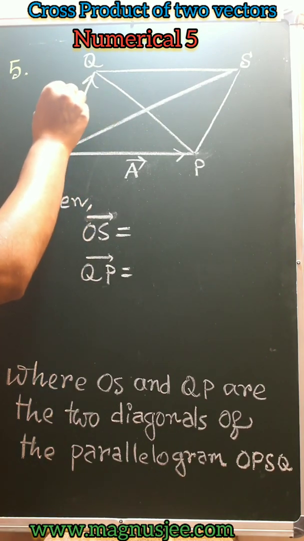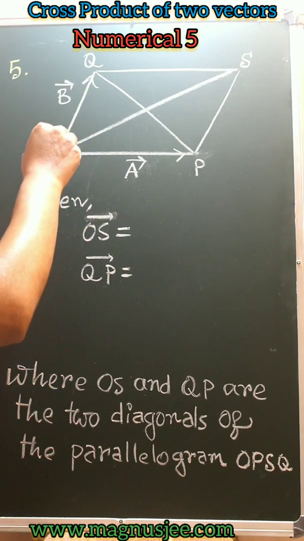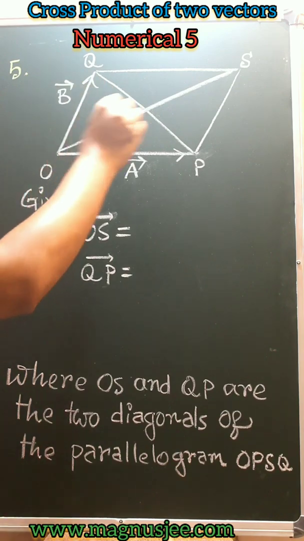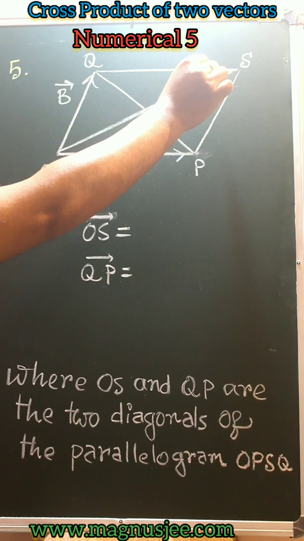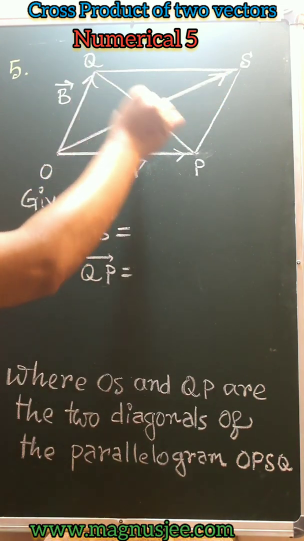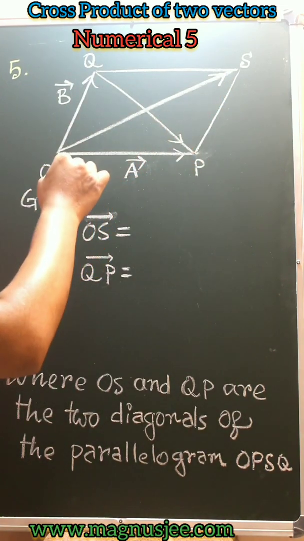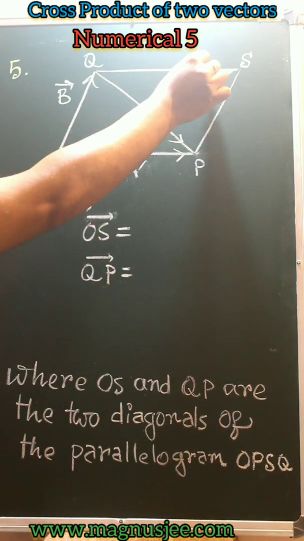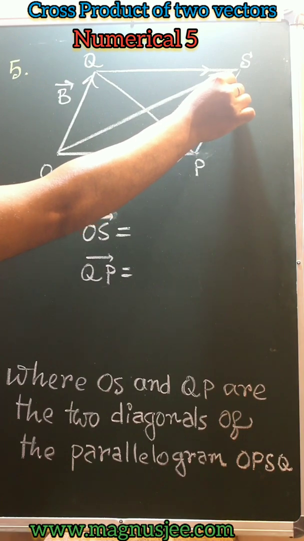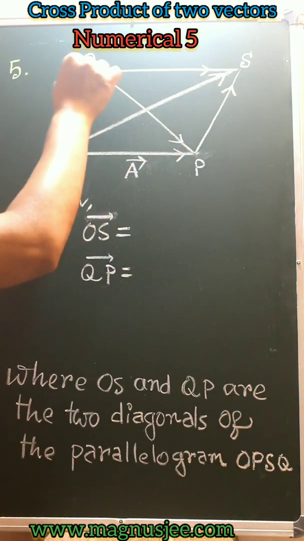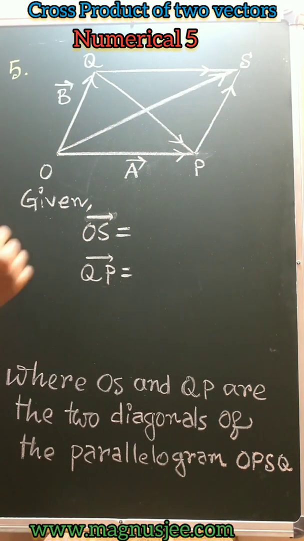another vector B is also represented in magnitude and direction by the side OQ, and OS is the greater diagonal, the longest diagonal, and QP is another diagonal having direction from Q to P, and we can denote the direction of other sides. So the side PS has direction from P to S, and the side QS has the direction from Q to S. According to the question, vector OS is equal to